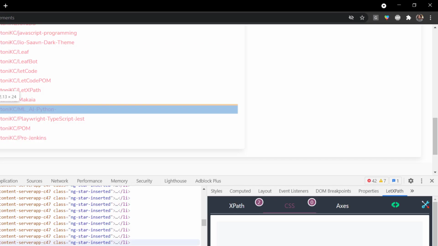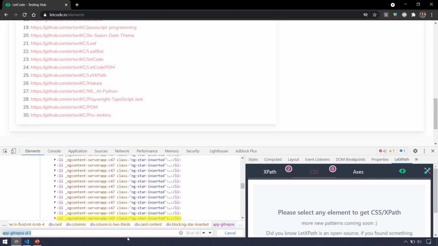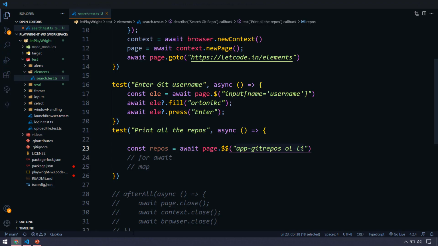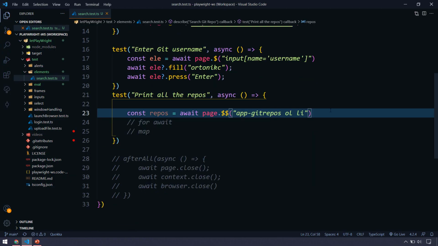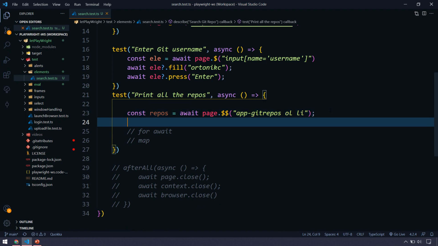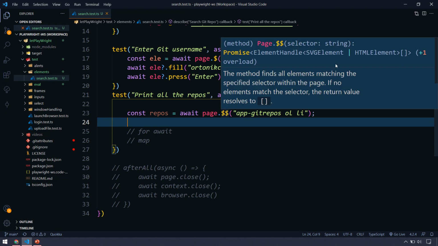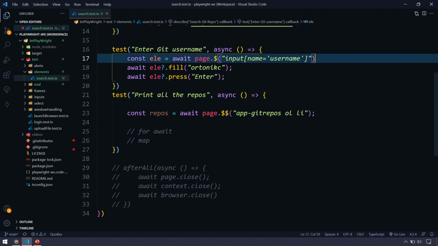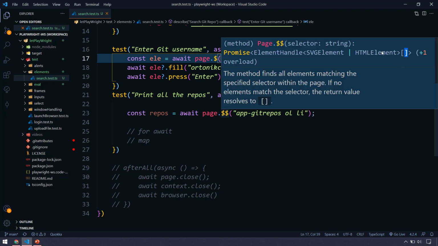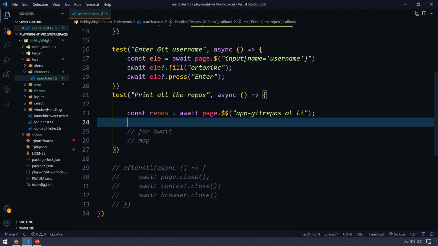Okay, so here we can see that we have like 30, right? So let's try to print the size or length of this. Size in the sense, the length in JavaScript arrays, right? So this is going to return me the promises of HTML elements of array. Now we are going to print the length.